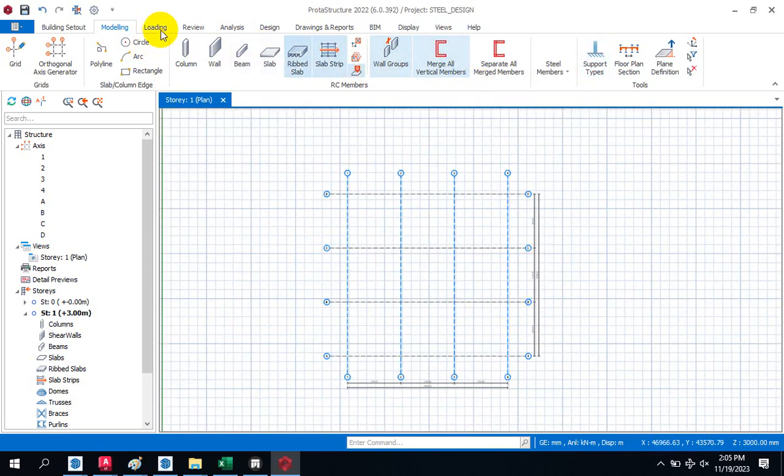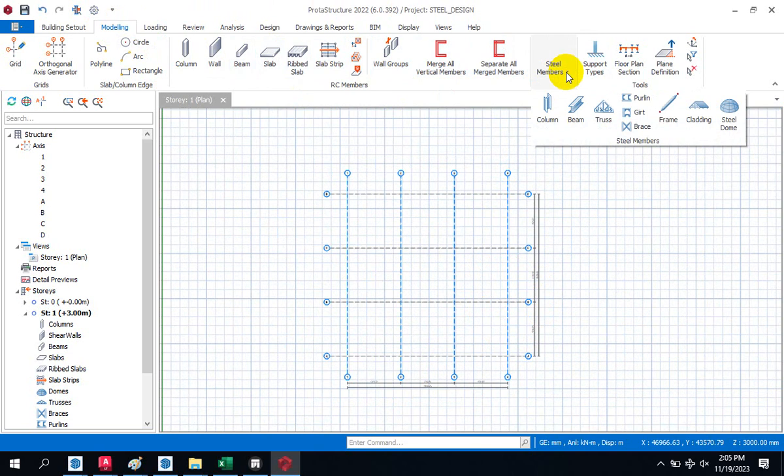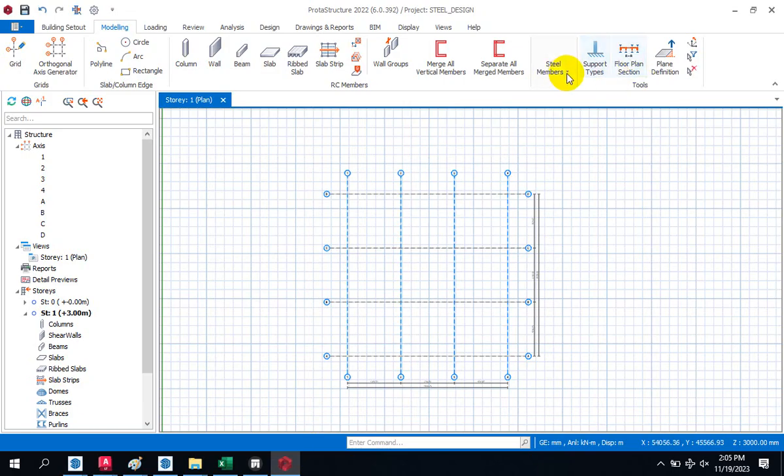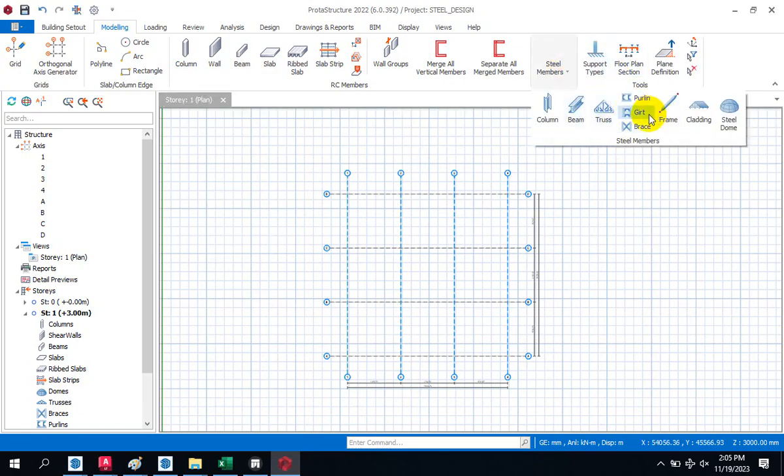Now similarly, just like the concrete, when you come to your model, it has steel members. You click on this drop down menu, you can see a steel column, a steel beam, a truss, a purlin, a girt, a brace, cladding, steel dome, frame. You are going to see how I'm going to demonstrate some of this as we proceed. Now, the first structural member I'm going to pick is my steel column. Once I click on my column,